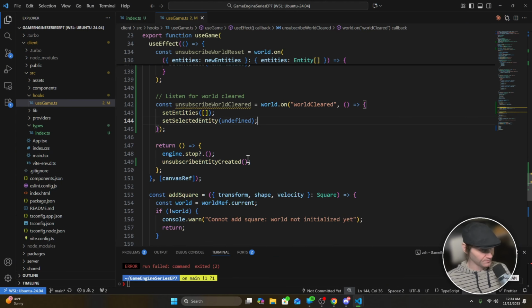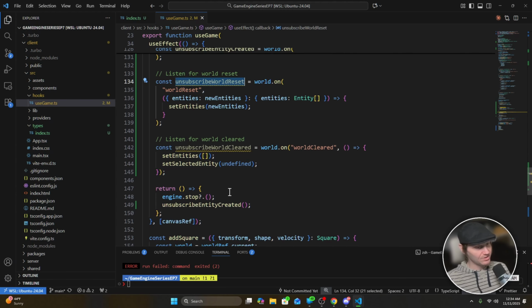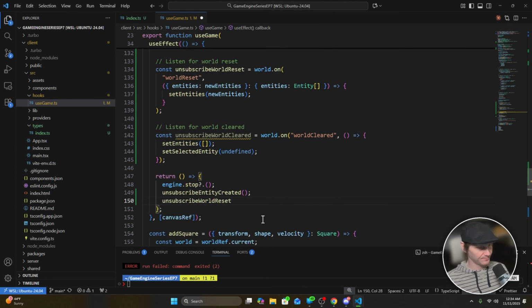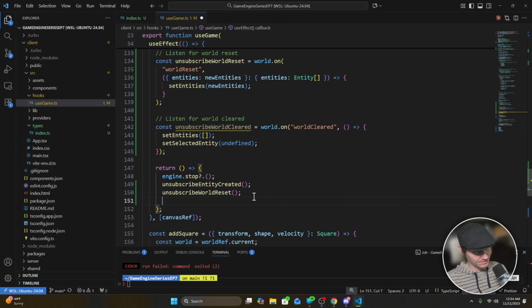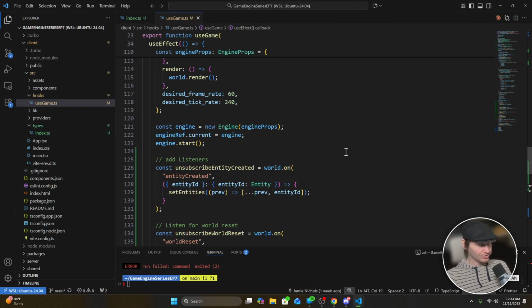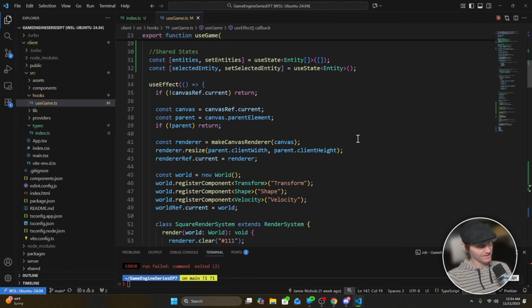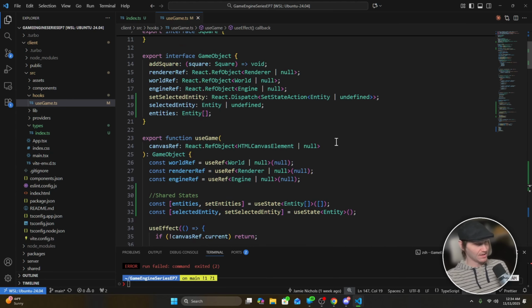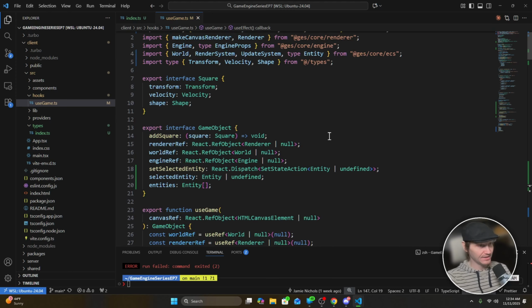And we need to call these methods. Return. So we clean this up like so. And that should now set the entities for us. And when we add an entity, it'll update the entities. So we can go into the hierarchy,